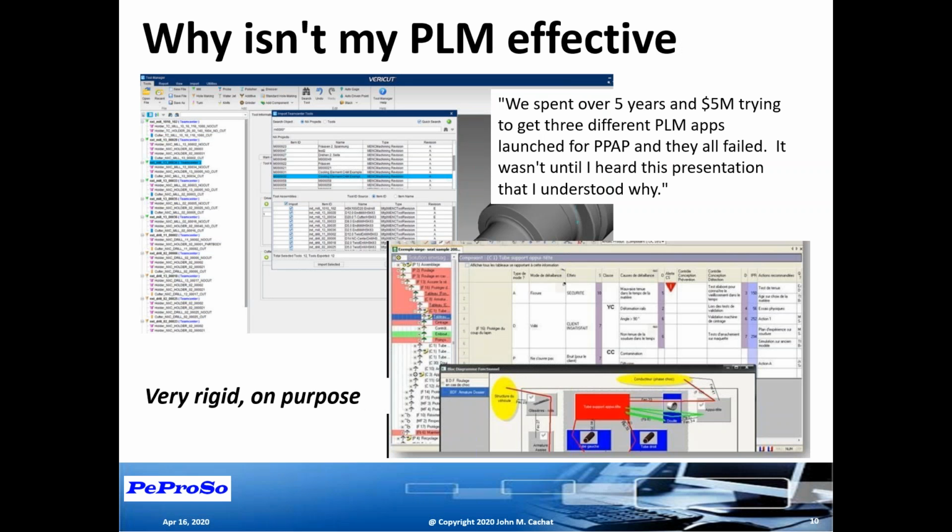This was a quote from a person that heard a version of this presentation, and he came up to me and said, John, we spent 5 years and $5 million trying to get 3 different PLM apps to launch for PPAP, and they all failed. And the reason is, remember I said why it does or does not work. PLM apps are very rigid on purpose. They're engineering apps, and they're helping people design airplanes, cars, very complex systems. And the reason it fails is